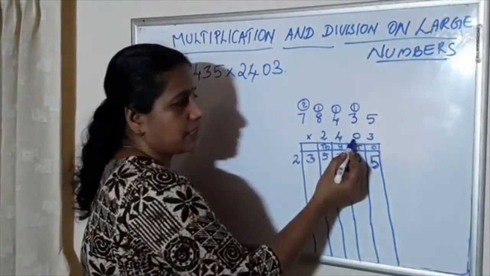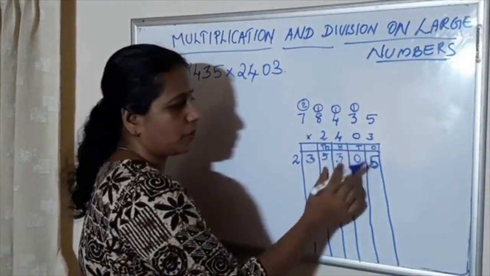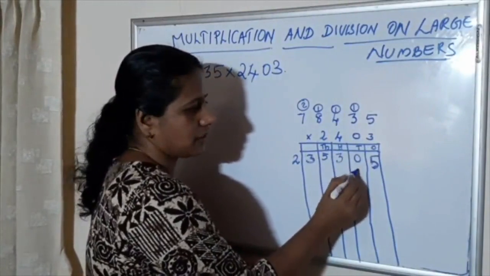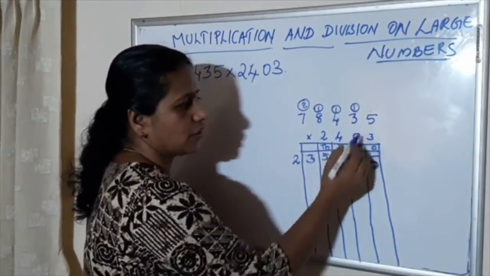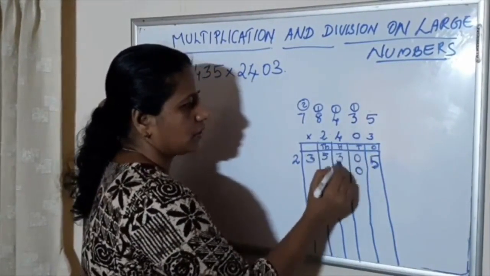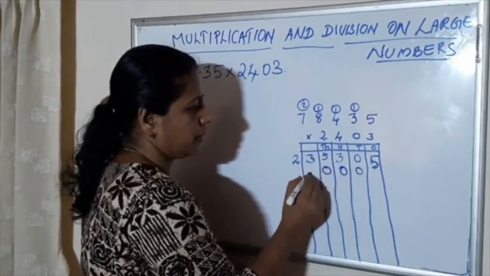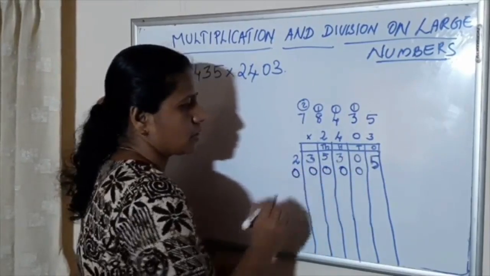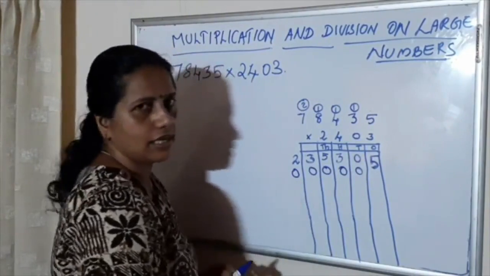Next. Take the tens place, that is 0, and write the product below the tens place. That is our tens place, this one. So 0 into 5 is 0. 0, 3, any number multiplied by 0 is 0. So no need to multiply, just write zeros.